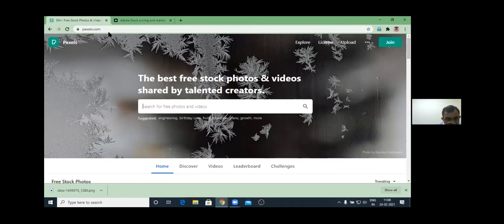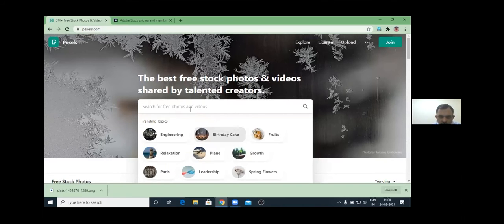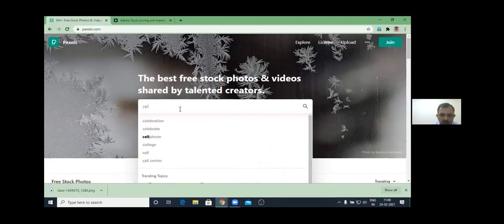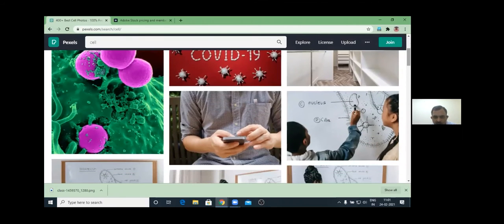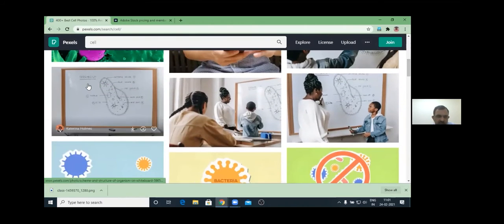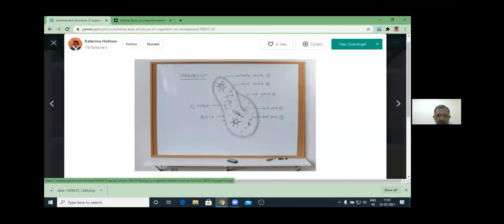Okay, thank you. So here the other website is Pexels. Pexels also has a lot of free images. If you want to, for example, search for an image of a cell, a lot of images of cells are there. I put in cell, and it took this also as a cell and this also as a cell. But if we want to use this image, for example, in our classroom,